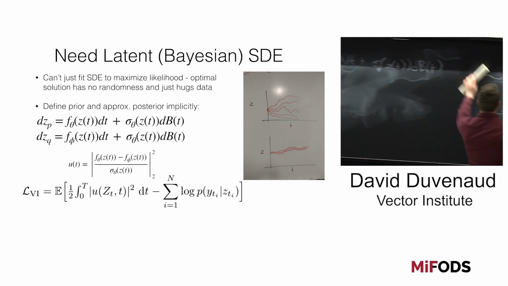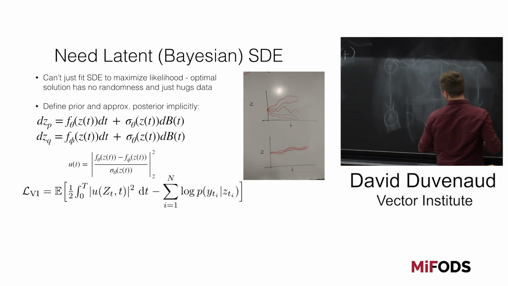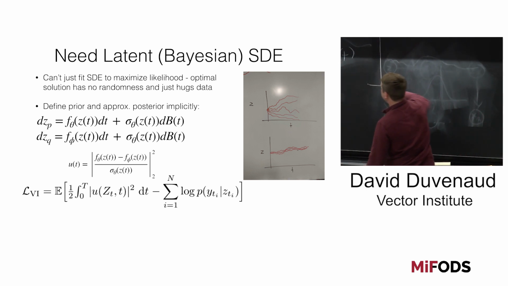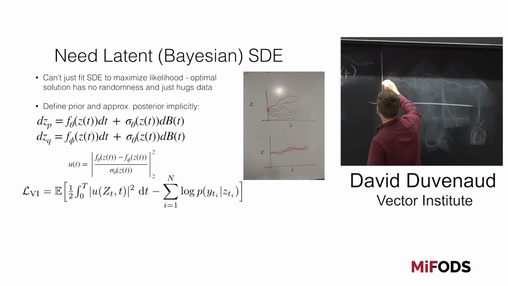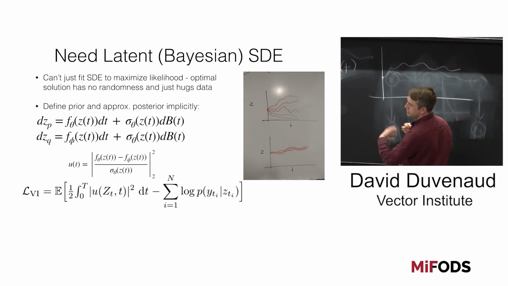Right, and those crummy diagrams up there are supposed to represent that I don't actually know the density of this thing in function space. I just know that if I have a fixed starting point, I can sample one of these, call it an SDE solver, and then get some complicated paths. And that implicitly defines a distribution over functions.